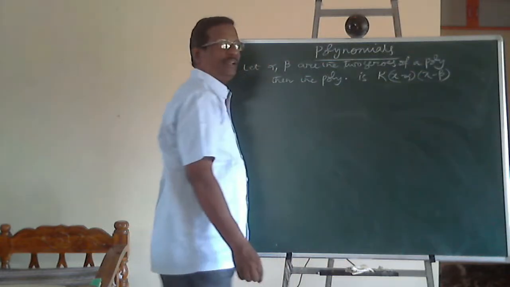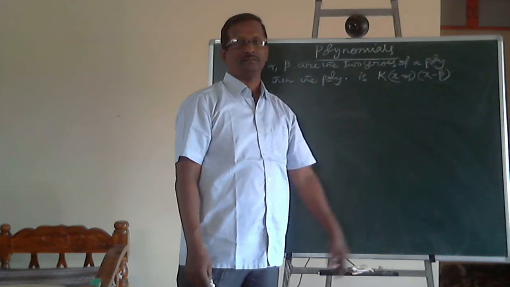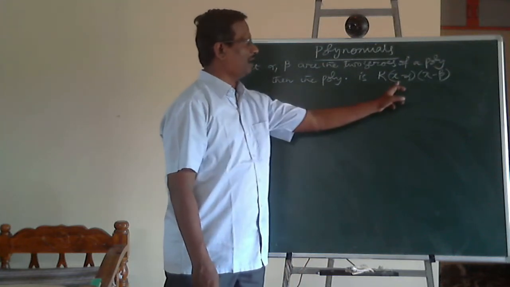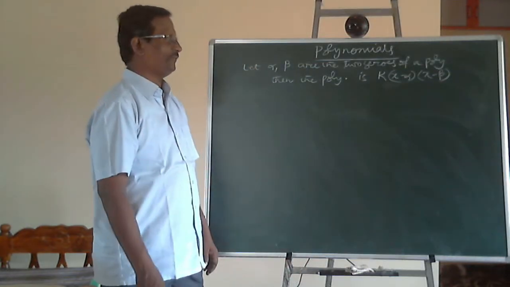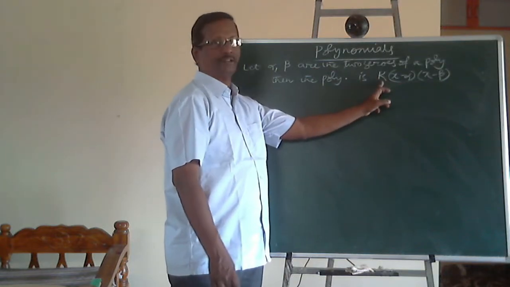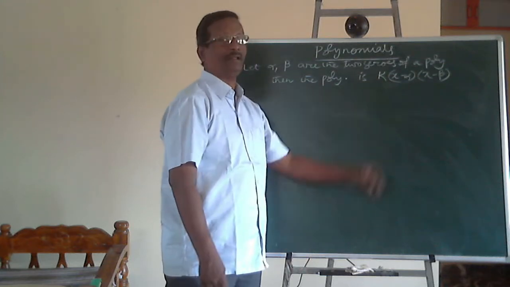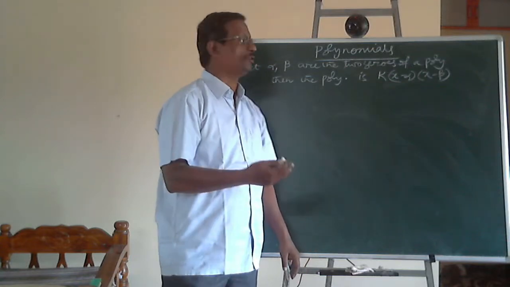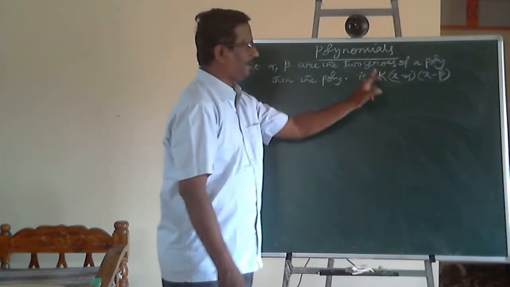The value of k is, in general, 1 if alpha and beta, the two zeros, are integers. In case at least one of alpha and beta is a fraction, then the k value is not 1. If k value is 1, we may not get the coefficients of the polynomial as integers. To make the coefficients of the polynomial integers, k is necessary.